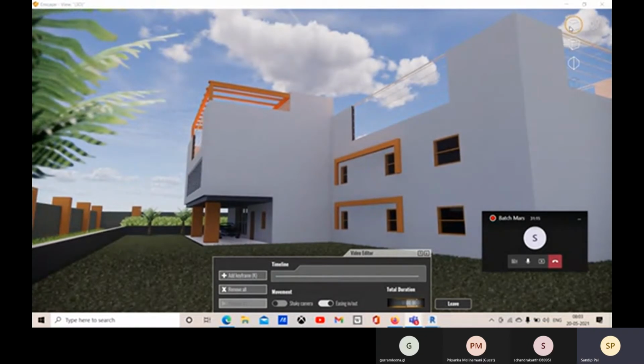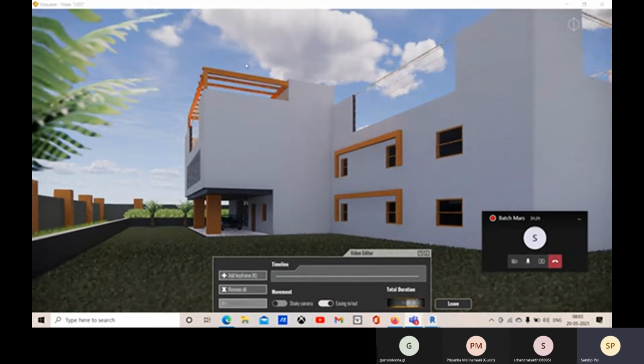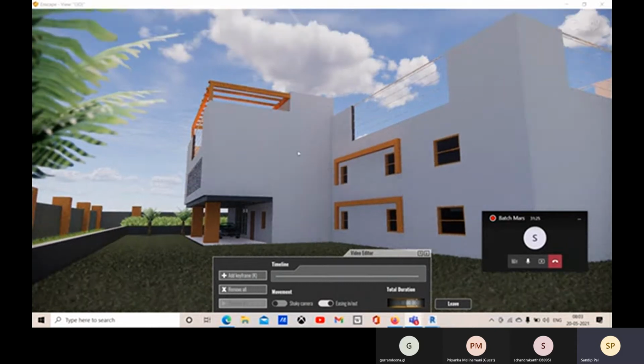Right now the perspective view is selected. You can make it 2-point perspective also, so you will see like this. Right now the 1-point perspective is selected, and you can also make it orthographic. Within this video editor the ortho mode is not available, but outside of this video editor you can use the ortho mode option.